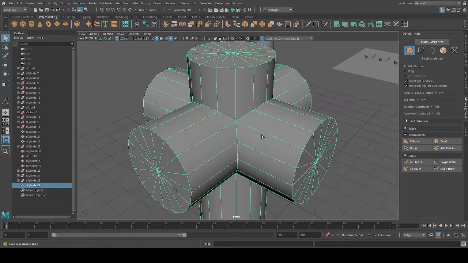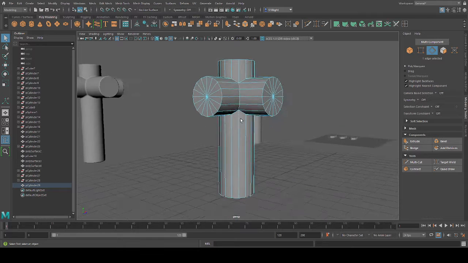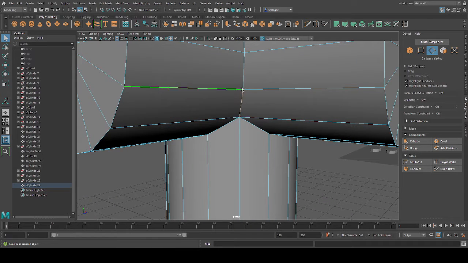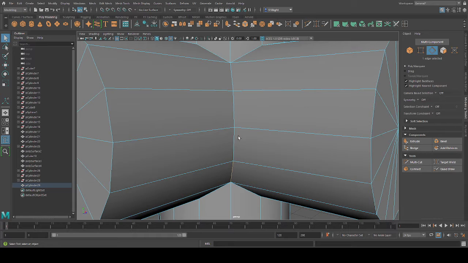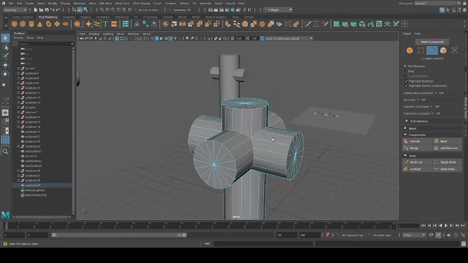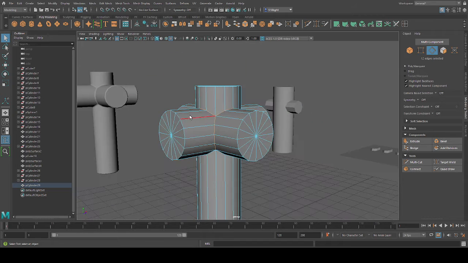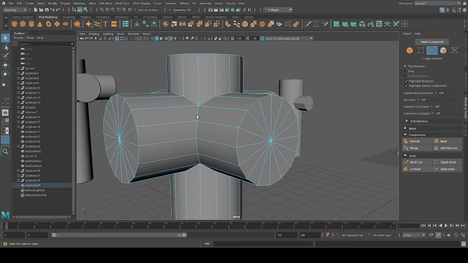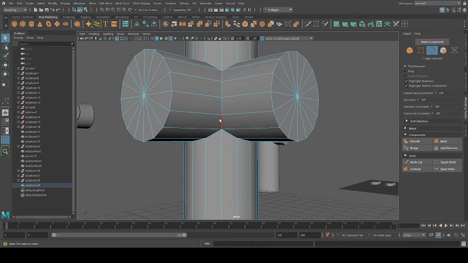So this one proves that you already got good topology, if you're doing the bevel and it doesn't destroy your model. So what I will do is select the line between